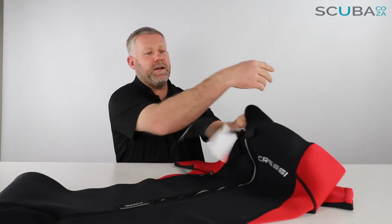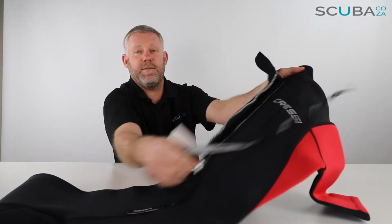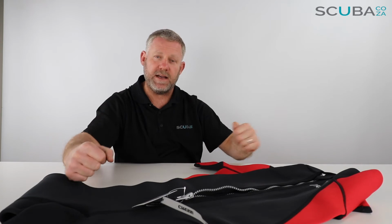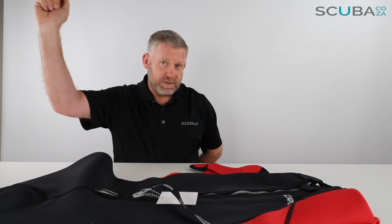I really like Cressi's zip retainer that they've installed over there, so you pull that back and then you can zip the suit down. This goes a long way to make sure that the zip doesn't come down during a dive. So you zip it up, tag it in, and that way you know that you're nice and secure during the dive. There's a little bum tag over here, so if you're going to grab hold of the suit just to zip it up, grab your bum tag on one side, other hand over there, and just pull that suit